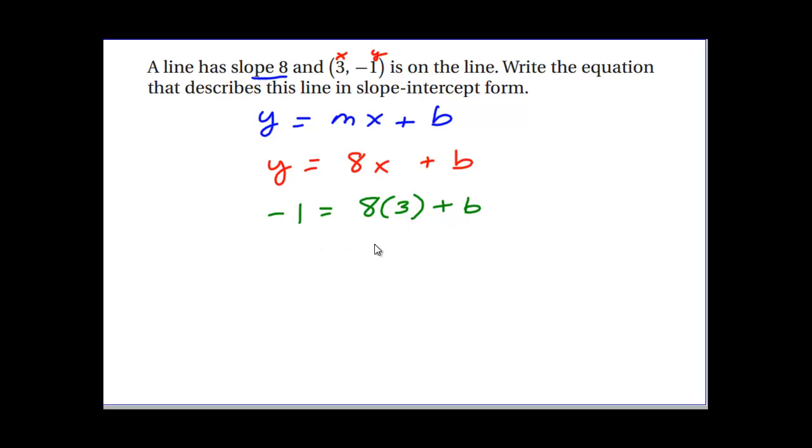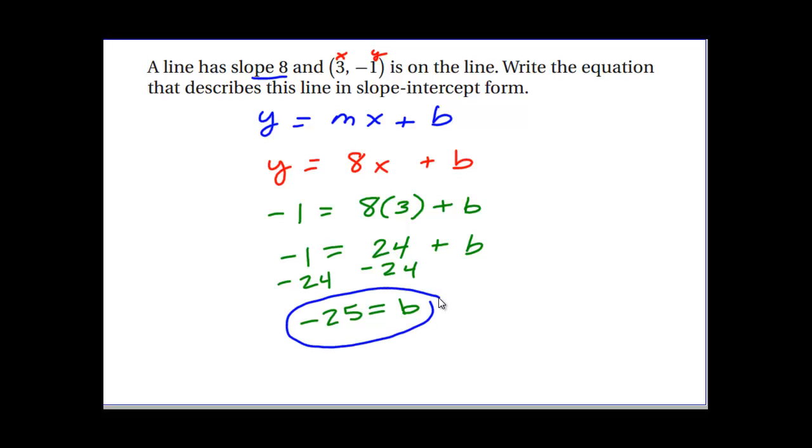So now we're just going to solve for b. 8 times 3 equals 24, so 24 + b = -1. We're going to subtract 24 from this side, subtract 24 from this side, and we get -25 = b. Once we have that, we can now write this equation in slope-intercept form. We can go back to our beginning and say that here's our slope of 8, and here's now our y-intercept of -25. So y =